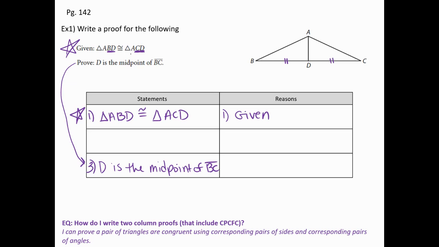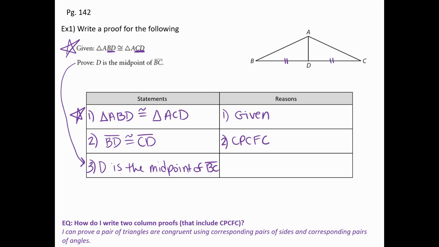If I look back at my congruent statement, I can see that it's true. So my second statement is going to be just that BD is congruent to CD. And remember, the order matters. I matched it from the congruent statement. So the reason that I actually know these are congruent comes from my congruent statement, or what we call